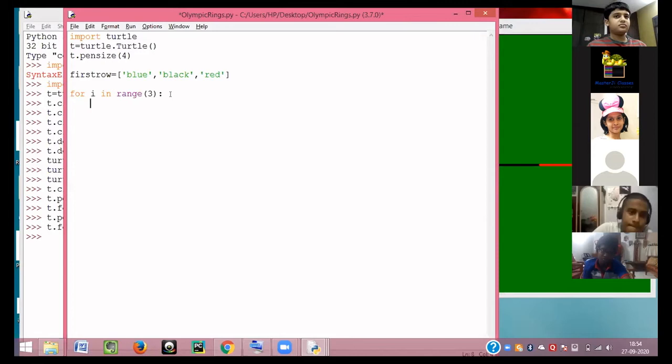Just think it's a repeat loop. Now inside the repeat loop, first I have to give a command, pen up. You must have seen this command in this box in Scratch also. Pen up means that your pen is not there on the paper. Now the next thing I have to do is